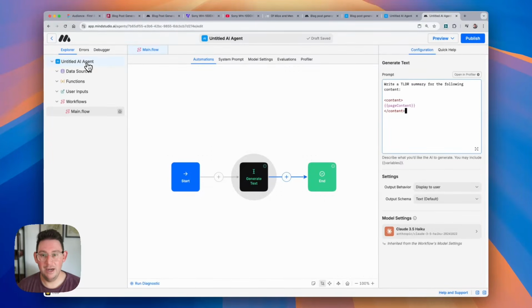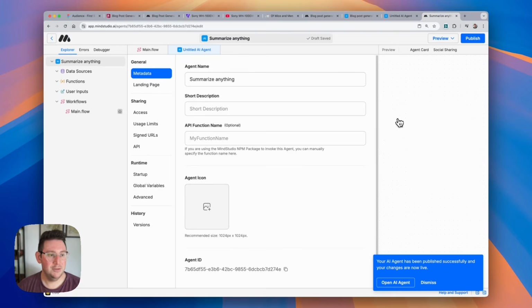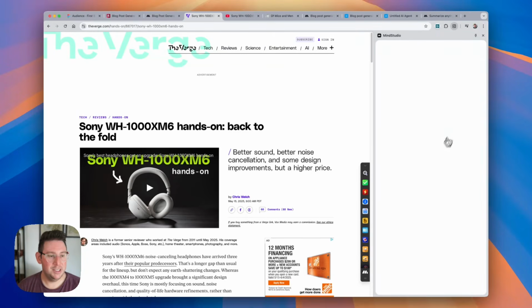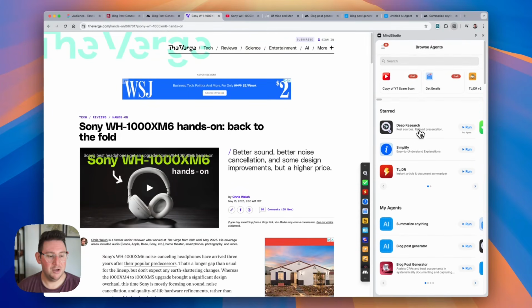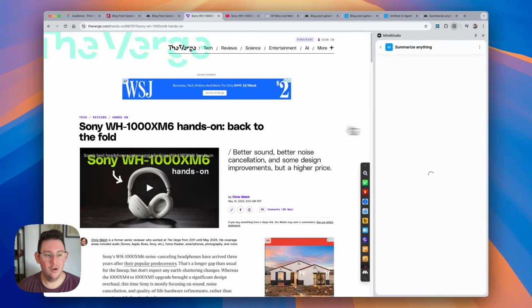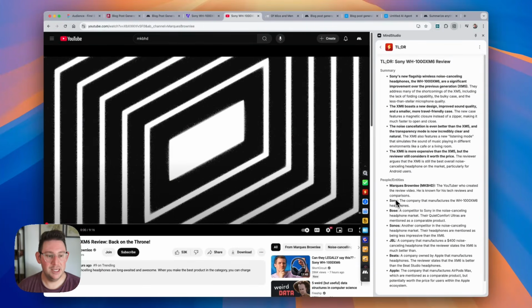So let's go ahead and we will name our agent. We're going to call this summarize anything. And we'll go ahead and publish it. And when we open up these sites here, if we click on the MindStudio logo, we'll be taken to the page here, and you can see that our new agent is ready to be run within the Chrome extension. We simply click on run, and it is now pulling content from the page here. You can see it's generating this summary for us, this very quick TLDR summary,